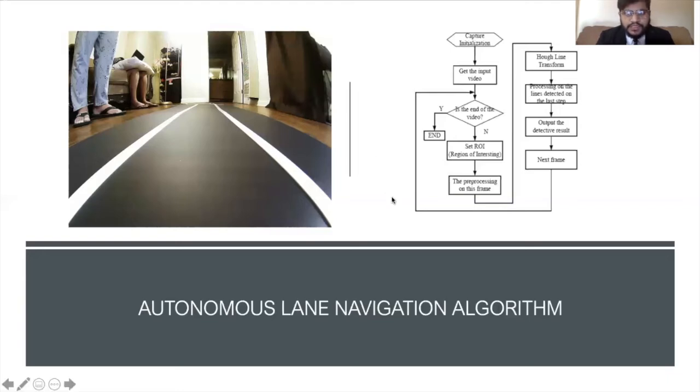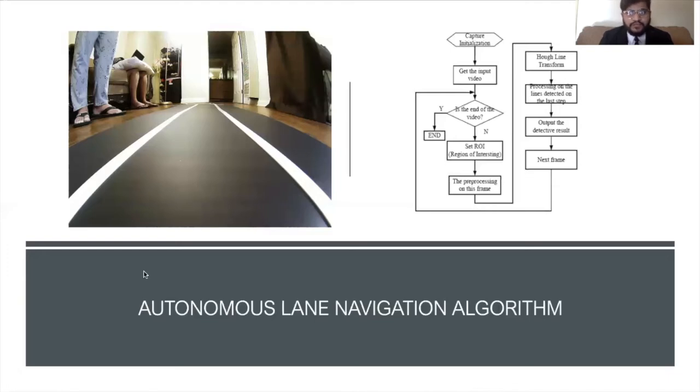Once we capture the image, the other steps which I perform, and which are generally performed, are isolating a region of interest, which saves a lot of computation power as you only have to process the lane lines in front of the car and not the rest of the video. Once the pre-processing is done, various edge detection algorithms can be implemented, like Hough line transformation, Canny edge detection, and adaptive thresholding in OpenCV.